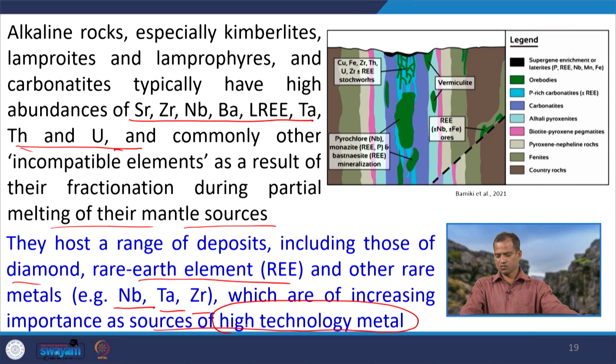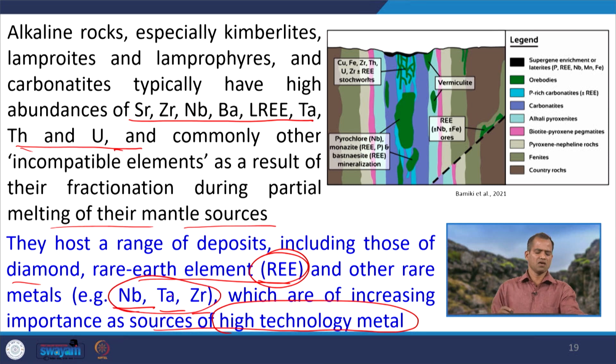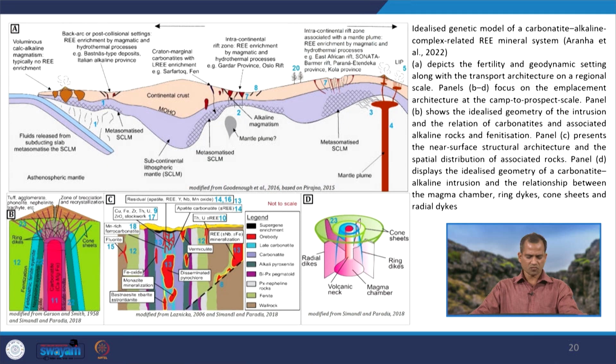Nowadays, whatever technology we are using, starting from Chandrayaan to Mangalyaan or any modern day technology, we are very much dependent upon these REEs and this type of minerals. And these minerals are generally found in this type of deposits, particularly at the rift margins. So, that is why it is an exploration strategy: which minerals can be explored at which type of tectonic settings. So, this is a cartoon diagram.